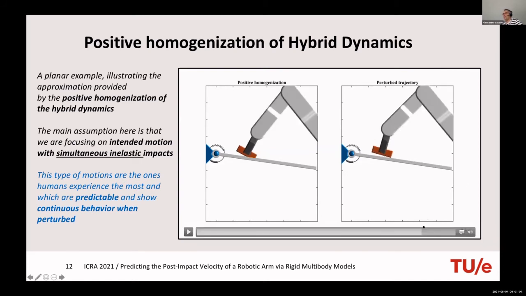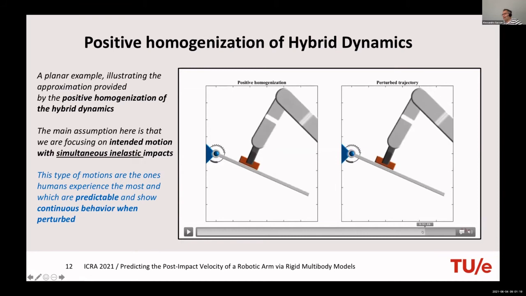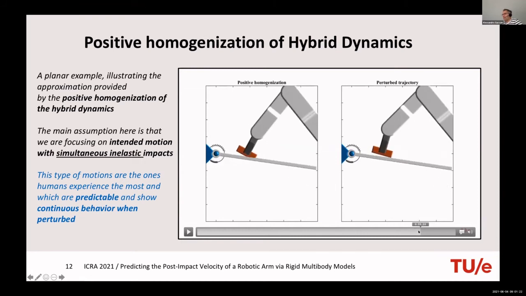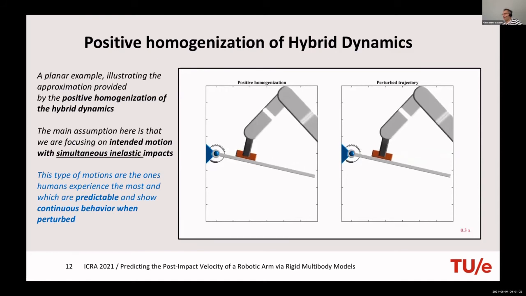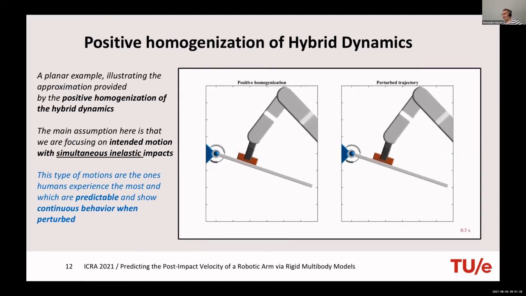What you observe physically is very weird, because now there's a compenetration. The two trajectories, the perturbed and the positive homogenization, are very similar. At the moment when you start having impacts, the perturbed trajectory does what physics says, while the positive homogenization does something weird, jumping at the moment where the reference was jumping. But after the whole train of intermediate impacts has occurred in the perturbed trajectory, the positive homogenization gives you back a good approximation of what the system is doing after the whole train of impacts.